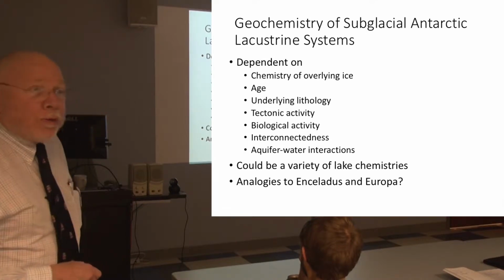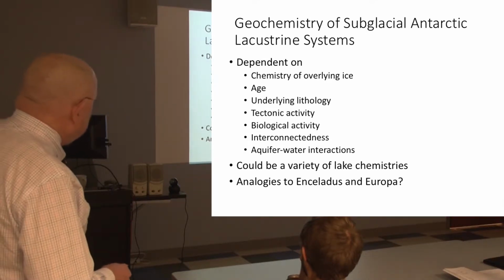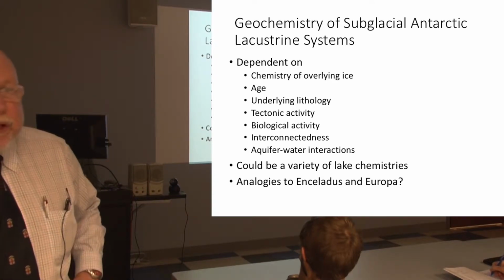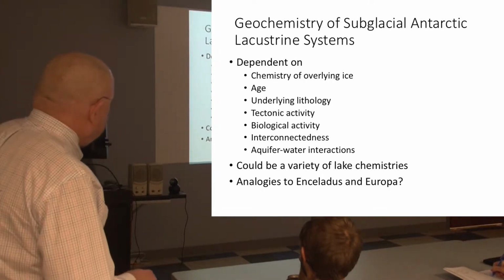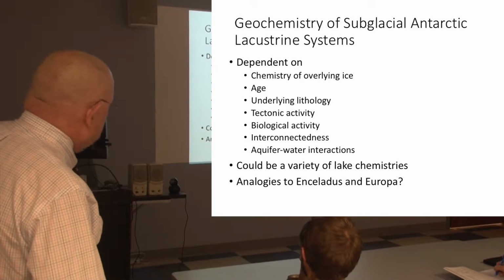Do we have flow-through lakes, or are these closed basin lakes? Okay? And is there groundwater? Is there some sort of groundwater system underneath the surface of the geology? And so I claim there could be varying chemistries. And of course, if you're